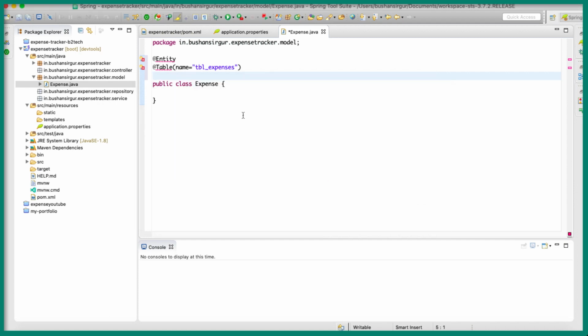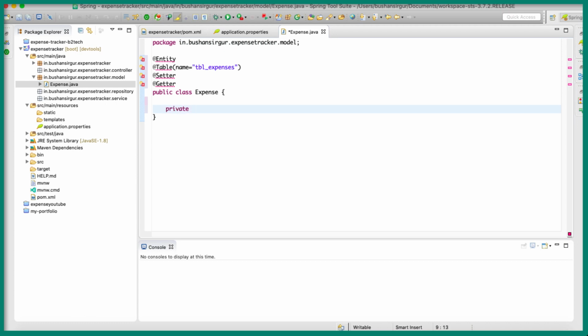Now let's go ahead and add annotations like @Setter. This will generate all the setter methods, and @Getter will generate all the getter methods. Inside this, we are going to define the fields.